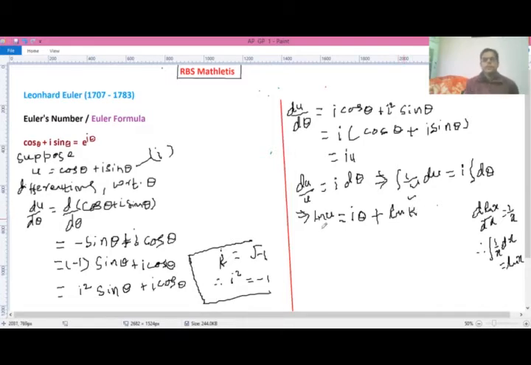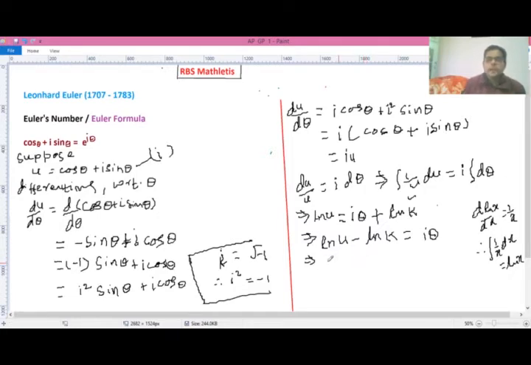This is also possible to write. And then you can go further here, then you transpose this ln k to the left side, then it is going to be ln u minus ln k, and you are left with I theta here. Then it is ln u minus ln k, and you know that log a minus log b is log a by b. You should have this sort of knowledge, or otherwise you can search the logarithm chapter within this channel, where all the details about the logarithm and exponential functions are given.